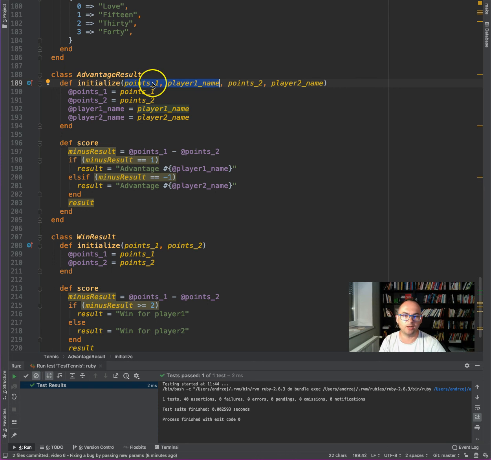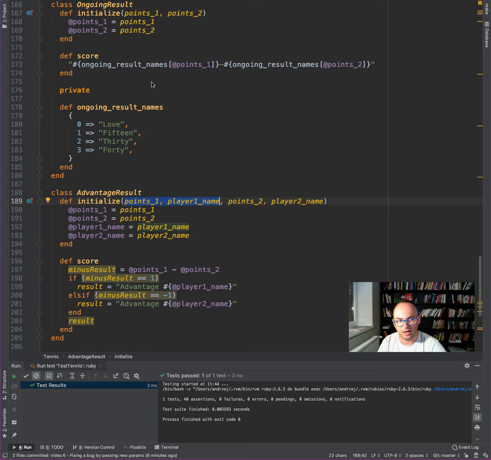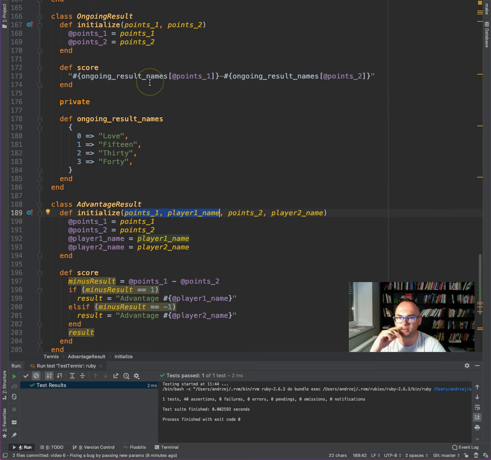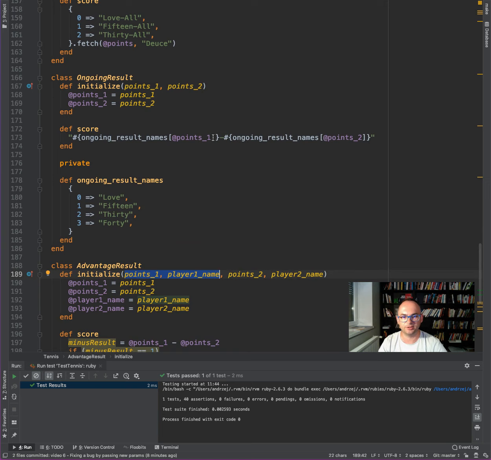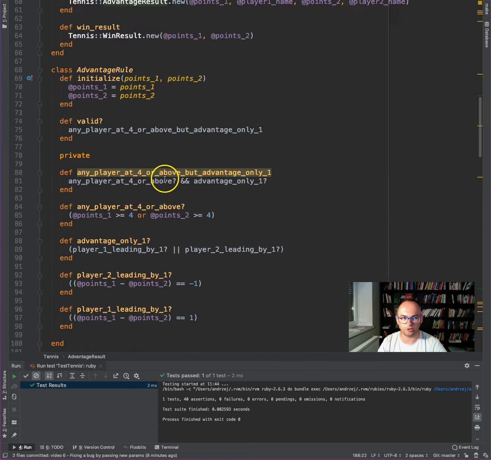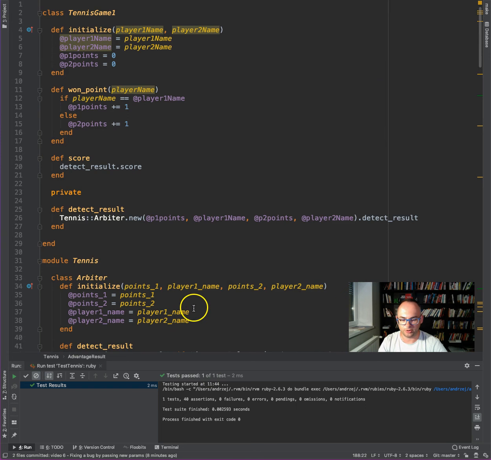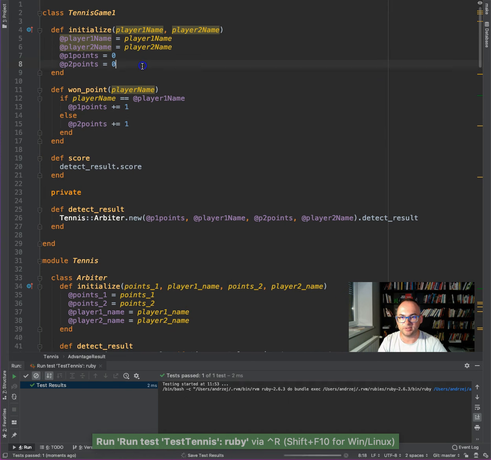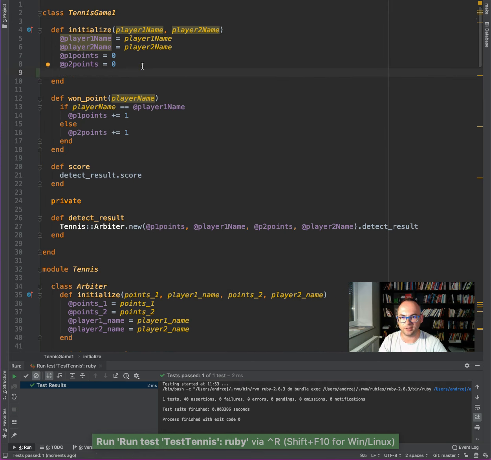This is actually player 1 points, so the natural object missing here is player. I'm not super excited about introducing this object. I will tell you in some other refactoring video why, but for now this definitely will improve us a little bit. So what we can do is we can have an object called player 1. We are on green, all the tests are running, and basically what we want to have is something like player 1 is,